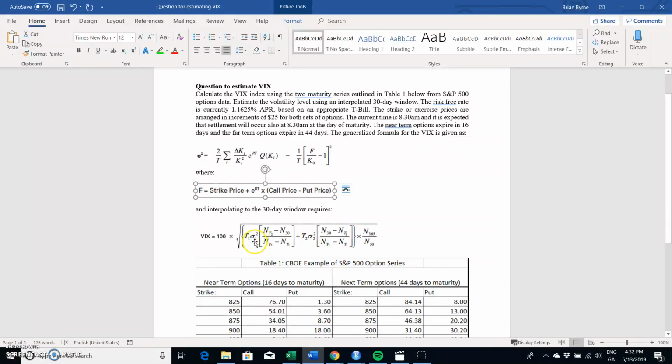and that involves us weighting the sigmas by the relative weight in terms of days to maturity, and we're trying to work out the VIX in theory for a 30-day window and then annualize that figure. So the N365 divided by N30 is, if you like, an effort to annualize our VIX figure going from the 30-day window to an annual